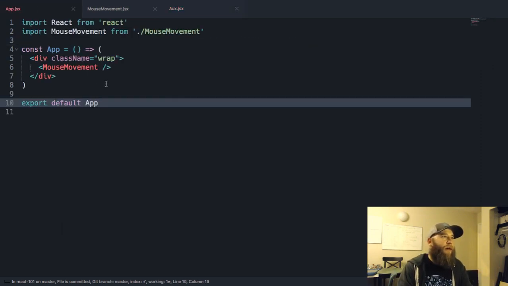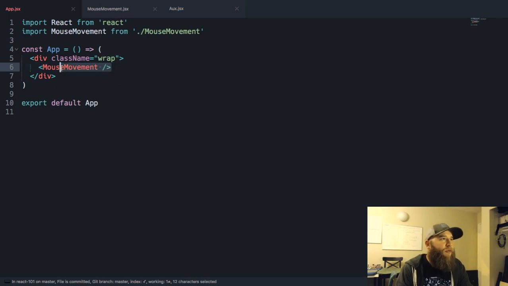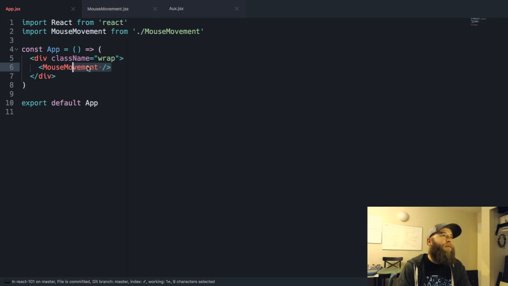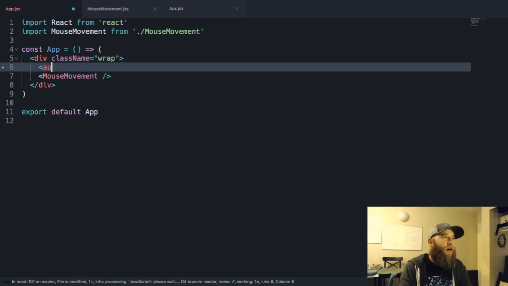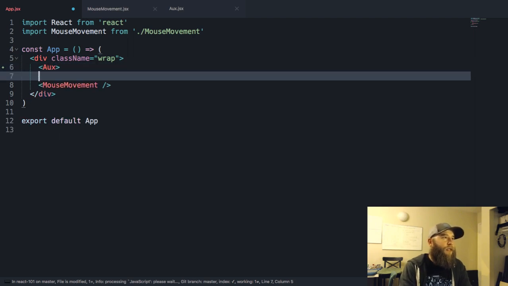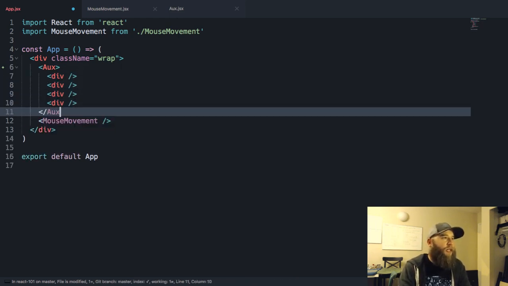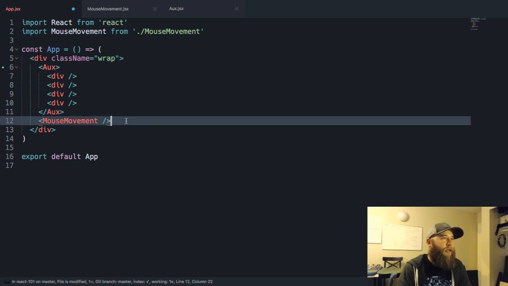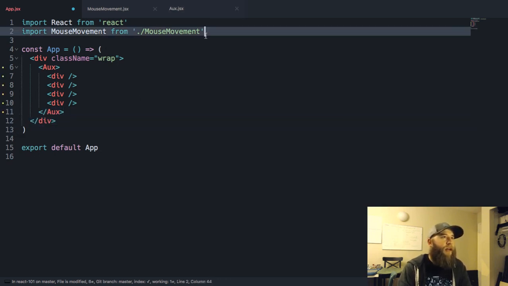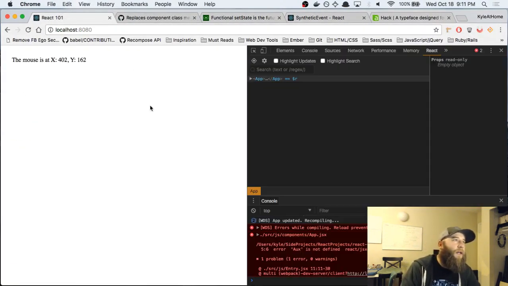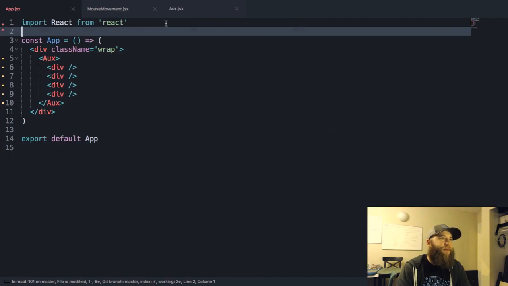And when you look at the app, I was using it before. Am I using it in the? Oh, I haven't got into it yet. So, a way to use it would be like aux. In fact, we'll just do this. Aux, div. We'll self-close it. We'll return a bunch, and we'll self-close it again. And I'm going to get rid of mouse movement for now. And it'll just be a blank page, but we'll look at the markup so you get what I'm talking about. Aux is, oh, silly Kyle.